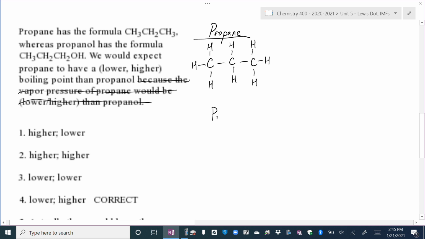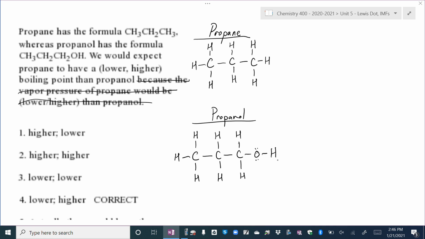And similarly, if we draw propanol, okay, CH3, CH2, CH2, OH. Okay, so there's the Lewis dot structure for propanol. All right, so if I look at propane here, let's start with propane, and we check out that molecule,